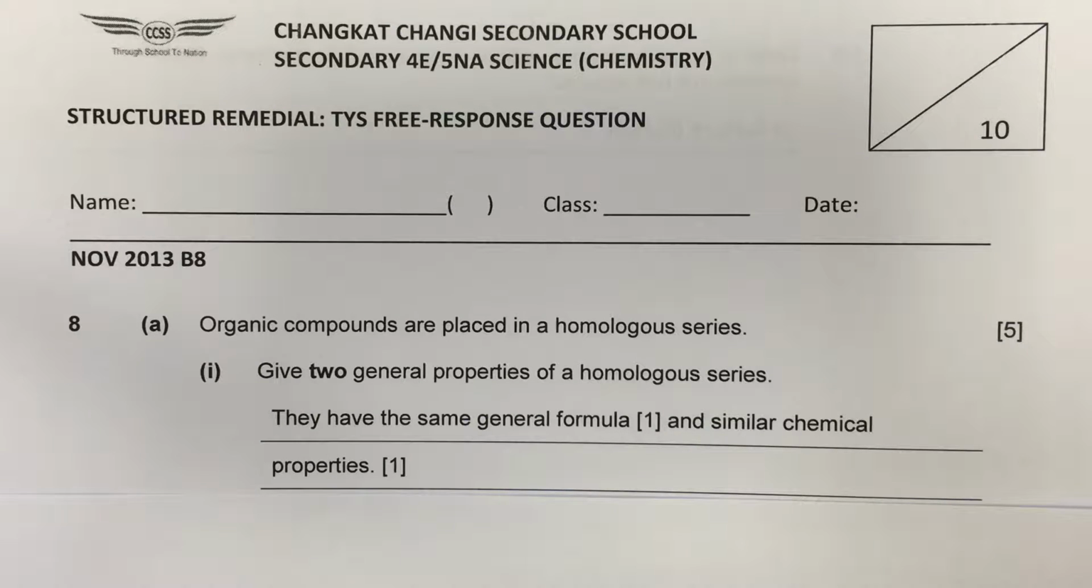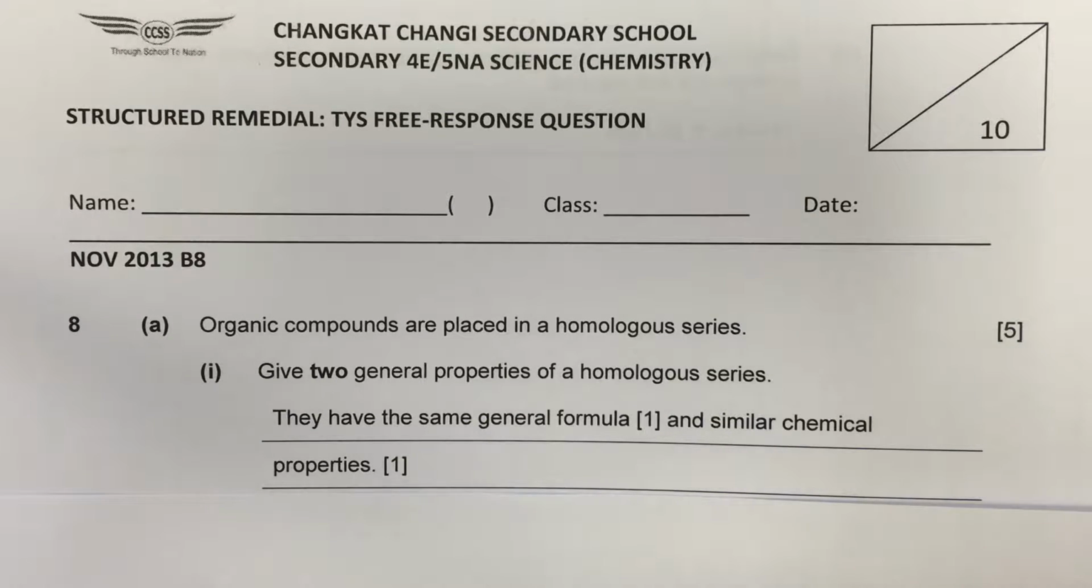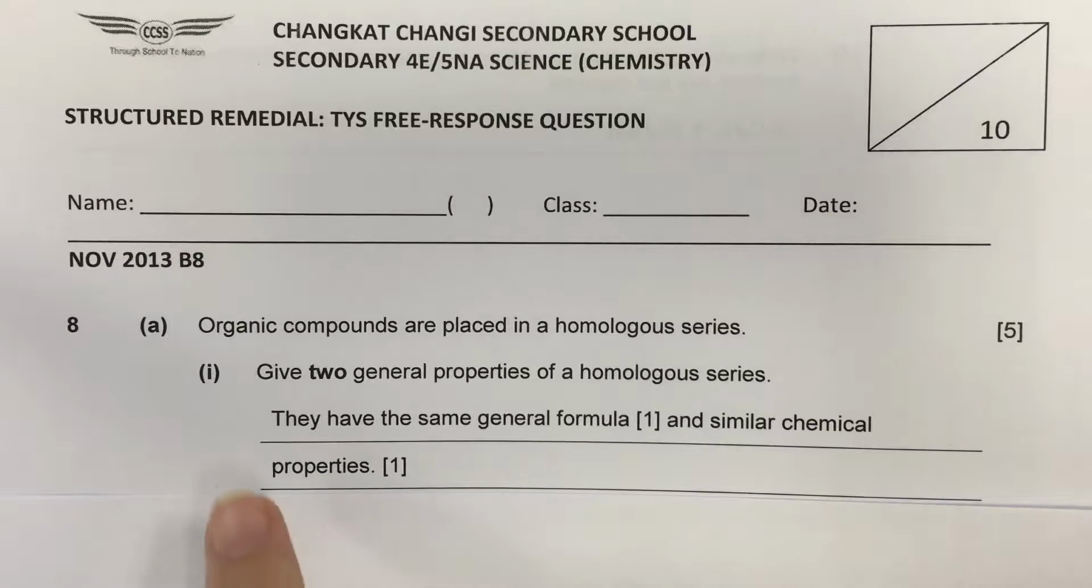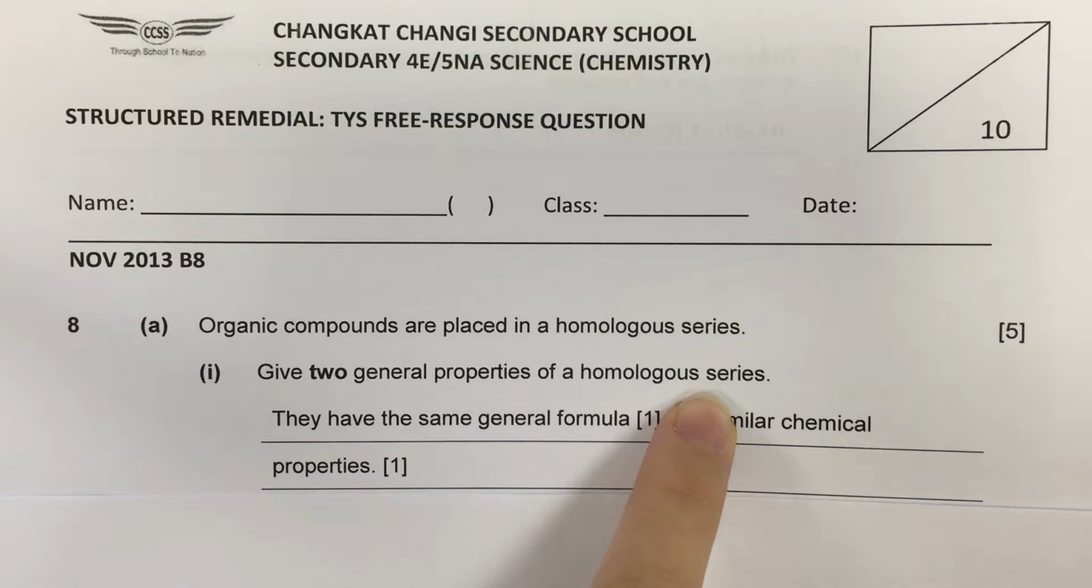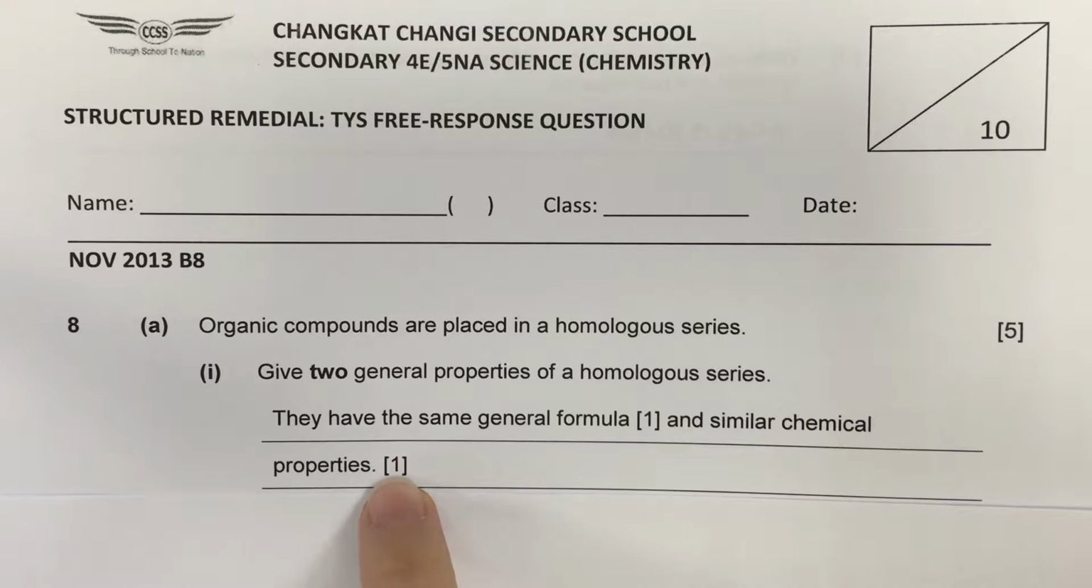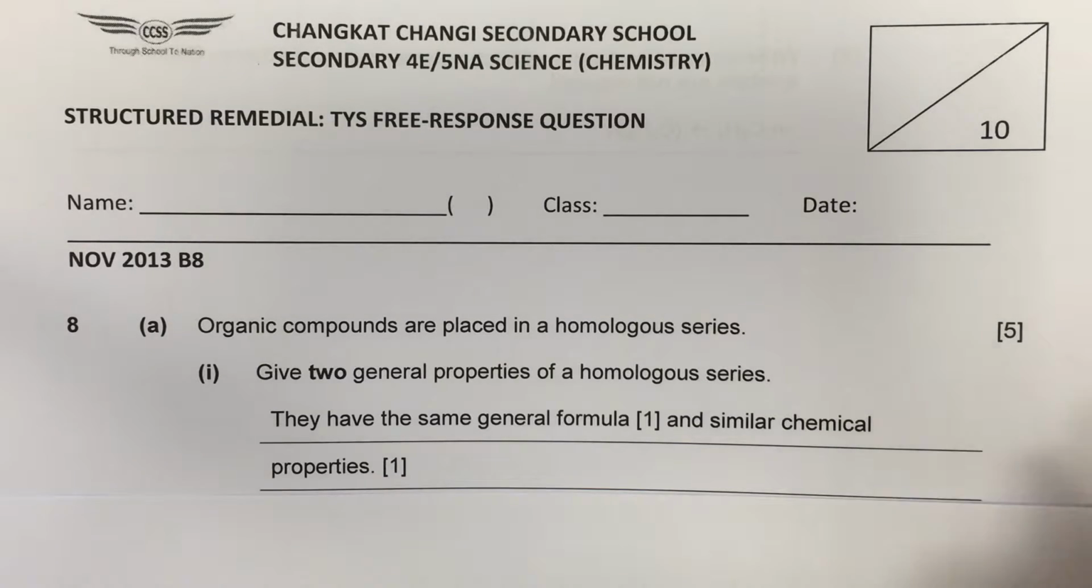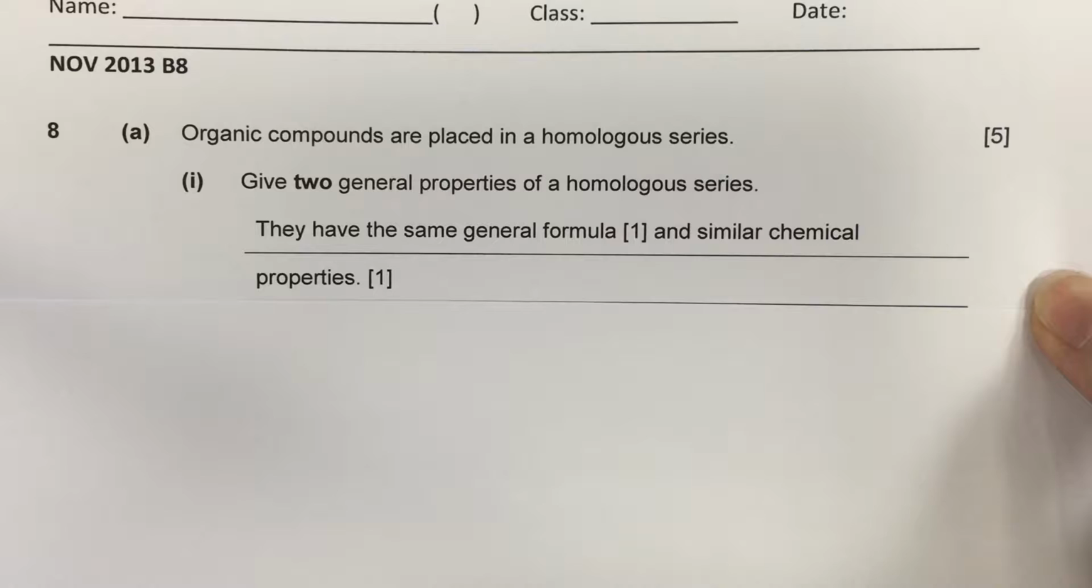November 2013, essay question B8. So B8A part 1 asked for you to give two general properties of a homologous series. So a homologous series has 5 properties, but we can name any two, and the possible other answers would be